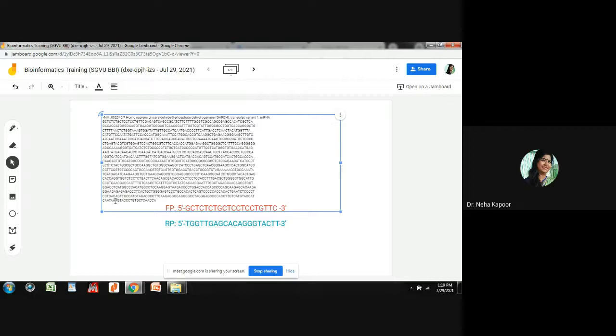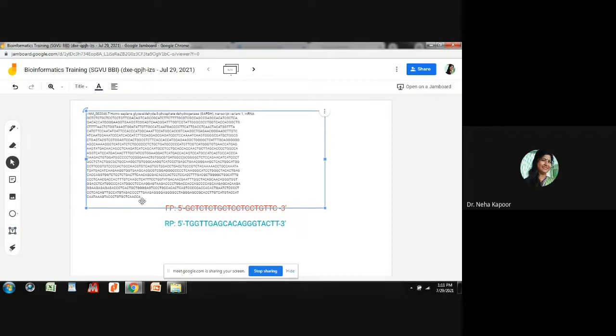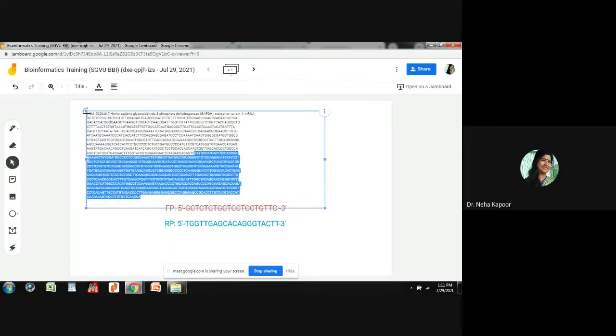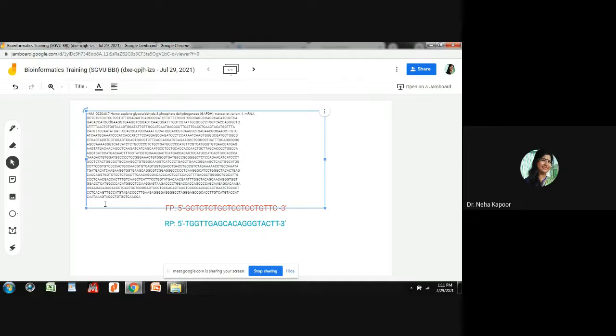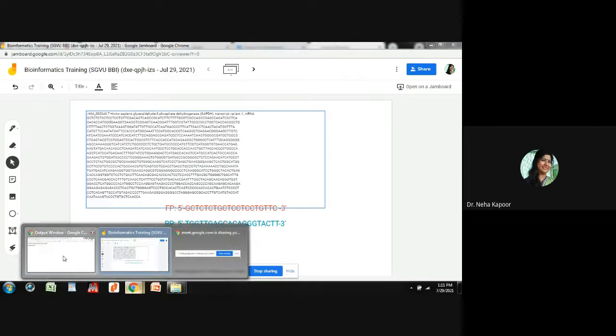In this case, over here, this AAGTACC is completely complementary to the end of this. That means this primer will anneal at this end. As you can see, A is complementary to T, this C is complementary to this GG. So this reverse primer would be annealing here, and this forward primer would be annealing here. So we would be able to amplify this complete gene. That means we would be having a complete full length gene amplification by using PCR if you go for the selection by this method.